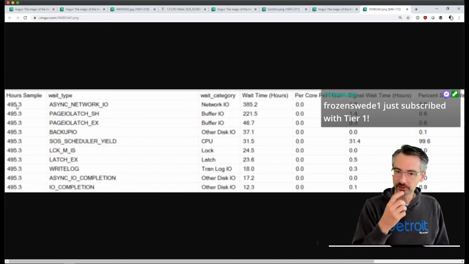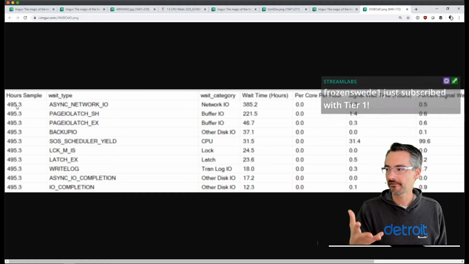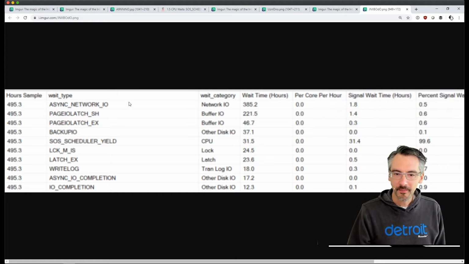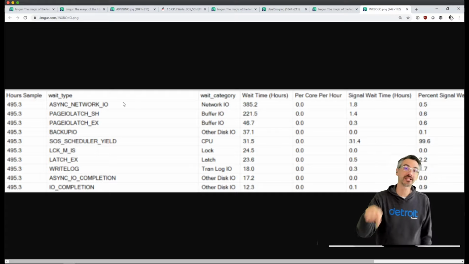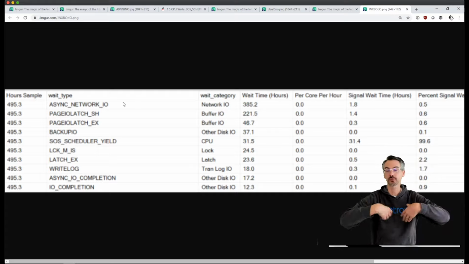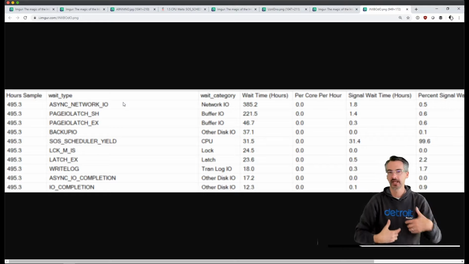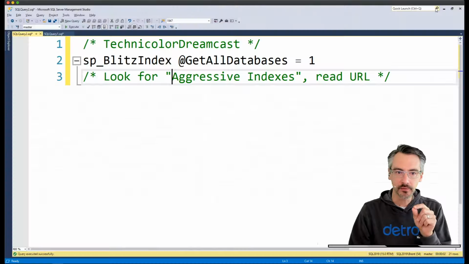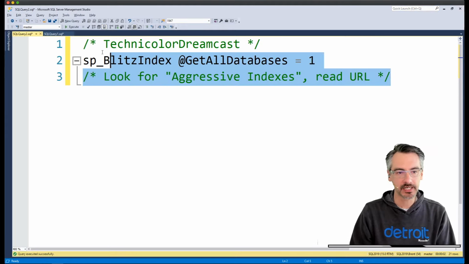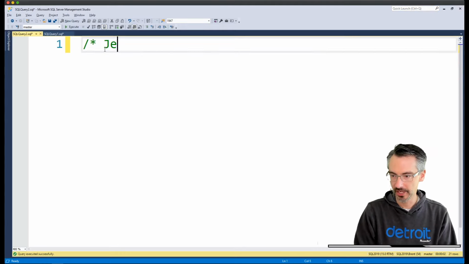Gems Chems has number one wait type, hype in, across the span of about 500 hours. You're talking about 400 hours of the time your server has been waiting on the app to digest the result faster. Now, this can be caused by a few different things, and I touched on it briefly with somebody else. I'm going to go just a little bit deeper inside here with yours. So Gems Chems.